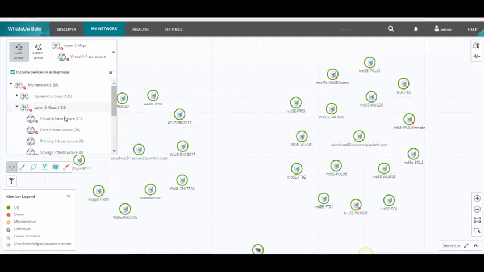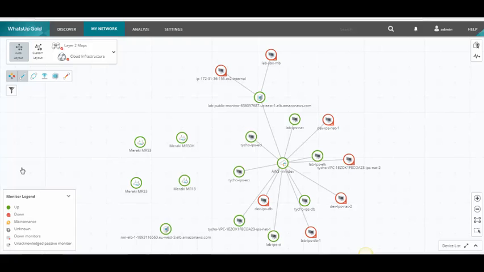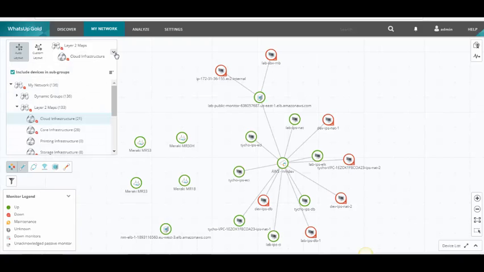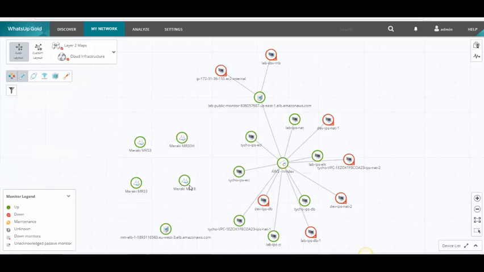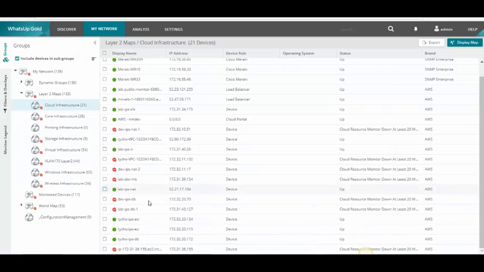Let's take a look at our cloud infrastructure. In WhatsUp Gold, we are also going to be able to understand our cloud environment. We can understand from the AWS NM, this happens to be our cloud-based environment, and we will see all of the devices that are available through that cloud source. We will show you a visible representation of what is happening on your network and be able to quickly understand what's going on with the devices, what is their current state, and that can be, again, either from a map-based view or a list-based view.